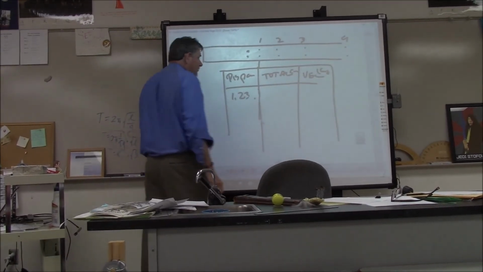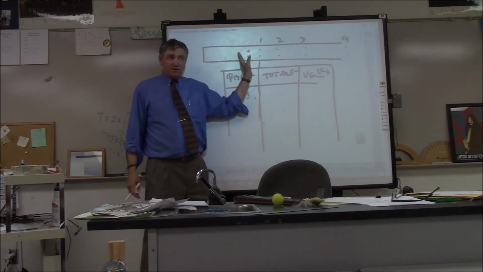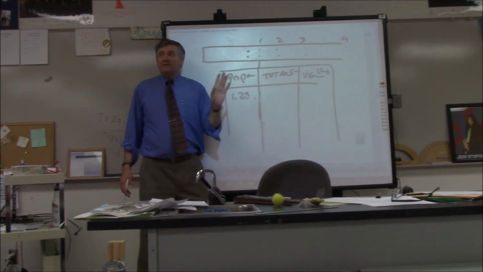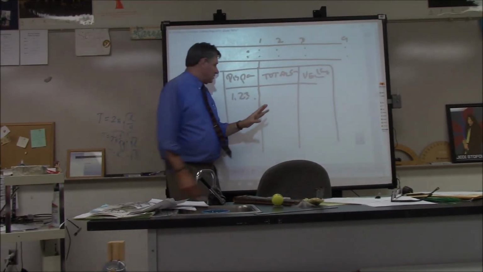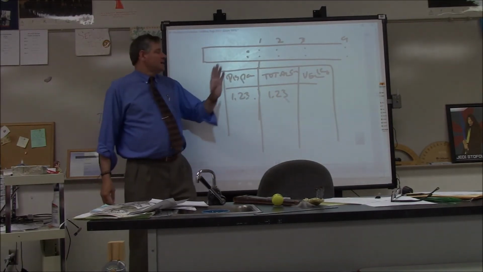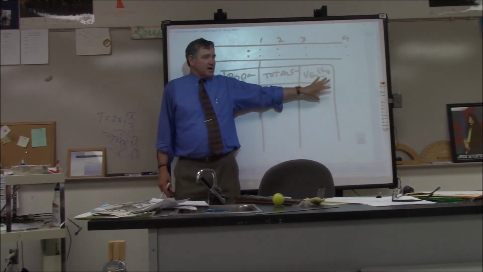So, your total displacement is going to be how far you have moved from the starting point at the end of each interval. So at the end of the first interval, how far had you moved? Yeah, don't make this difficult. Oh, I moved 1.23 centimeters. All right, that's simple. Now, your velocity. We're going to make an assumption that's going to make our velocity column simpler.